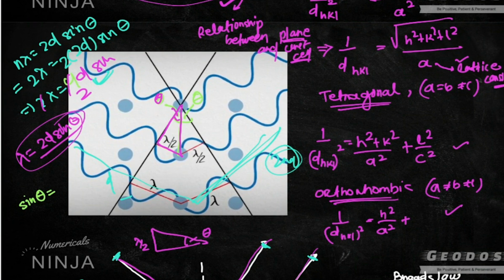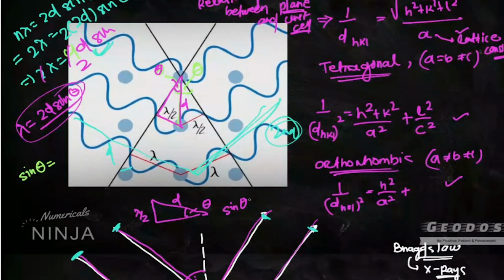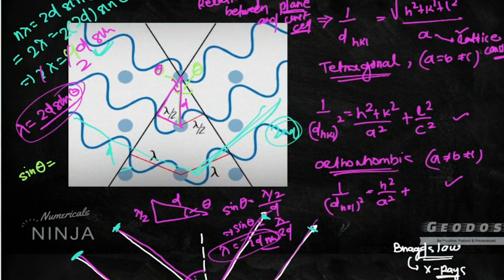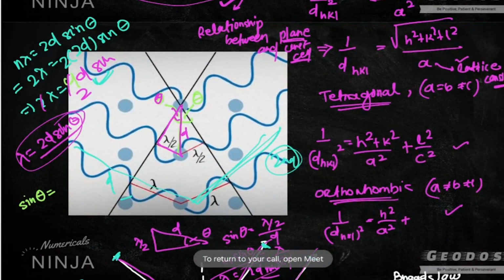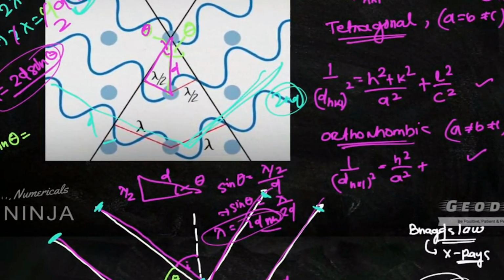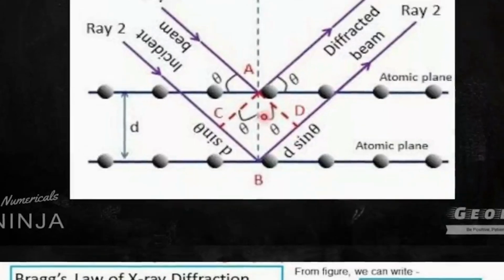I am asking what is sin theta, the sin theta will be lambda by 2 divided by d na, so what it will be, so sin theta will be lambda by 2d। ठीक है, तो lambda will be 2d sin theta, it's the simpler one। Now I have used a different, ये मेरा ऑडियो कहीं और पे चलेगा और लिखना कहीं और पे चलेगा। ठीक है, so you guys can just let me know। Okay, so this is the thing, so you can easily find out the equation and the derivation part is also not that much required, बस थोड़ा सा आपको ध्यान रखना होगा कि क्या क्या इसमें चाहिए होता है।